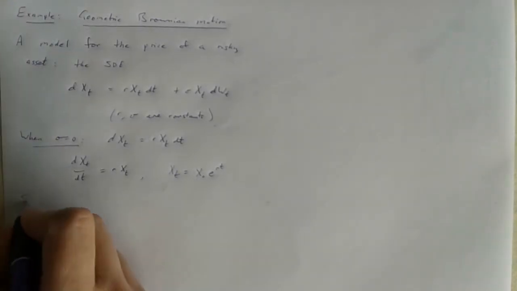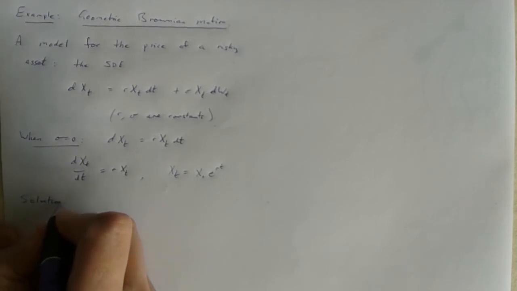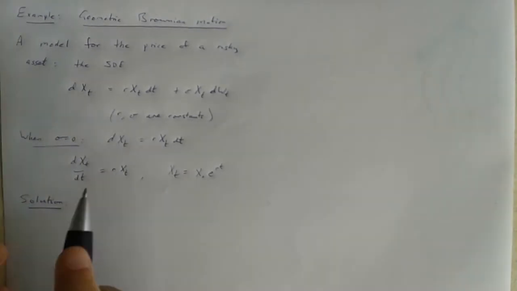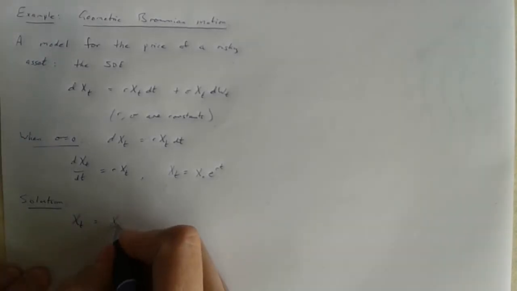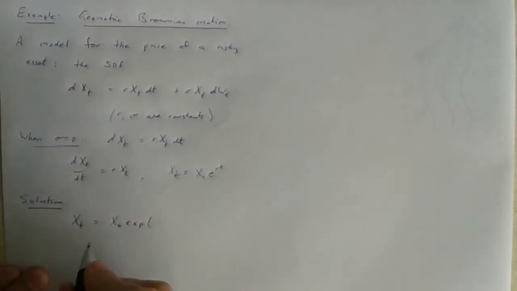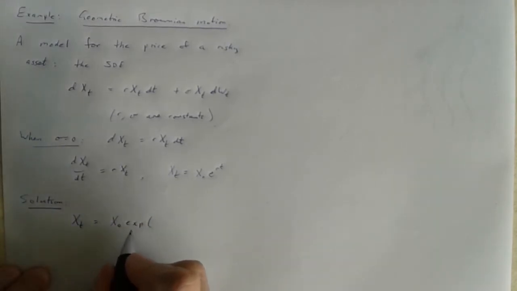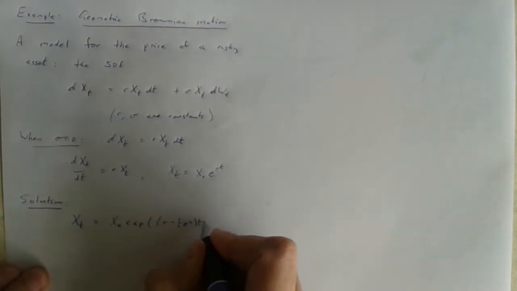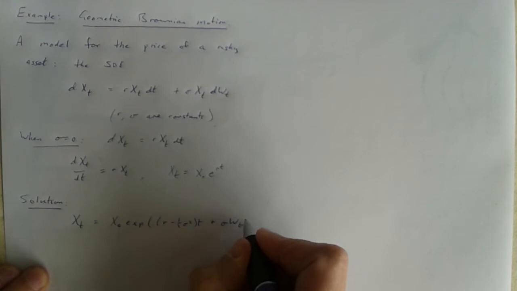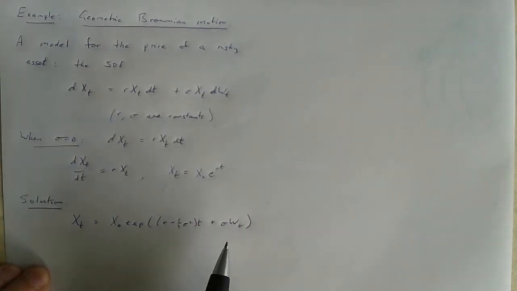Alright, well let's solve this equation, the full equation. Again, I'm going to solve it by knowing the answer already and just substituting in to see that it satisfies it. So here is the full solution of the geometric Brownian motion equation. Xt is what it was to start with, times e to the power of that. So you can see there's an e to the rt in there,